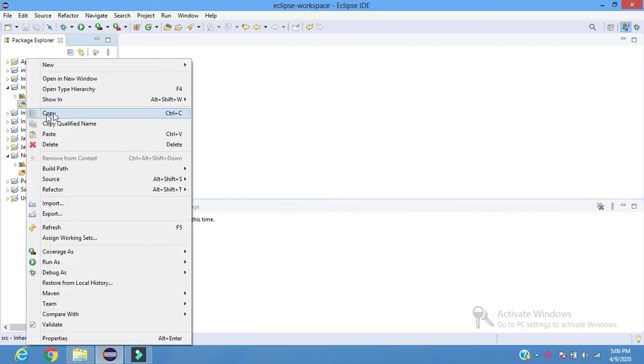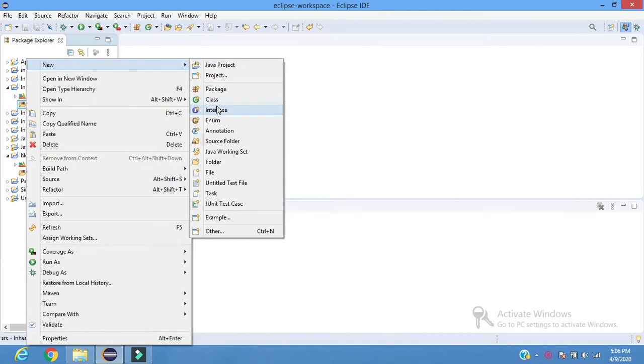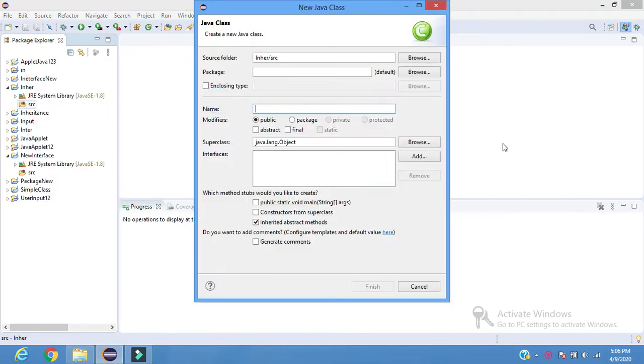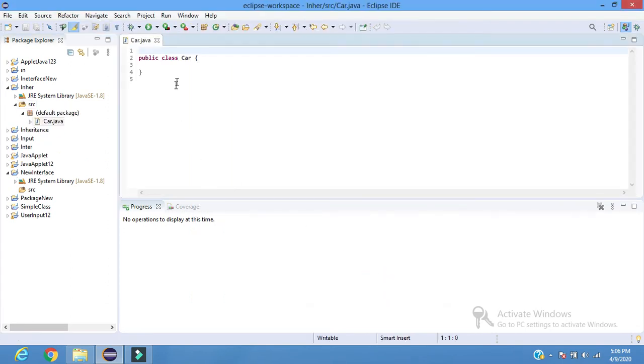In the SRC we'll take one example. We'll take the example of the car, the same example we have taken in the interfaces. So here we'll take the example of the car. We can call this car a parent class, or we can say a super class. Inside this super class we will write one method. So the method is